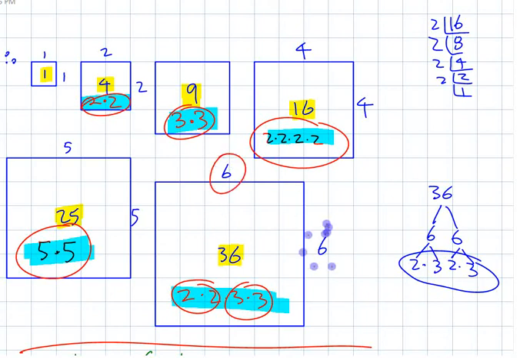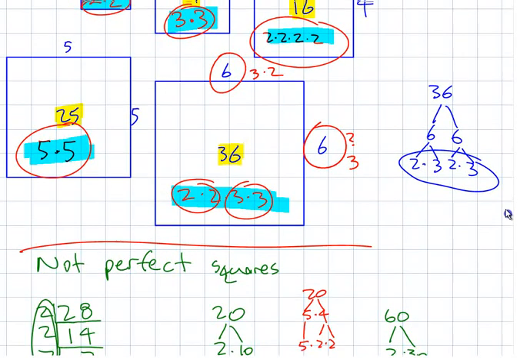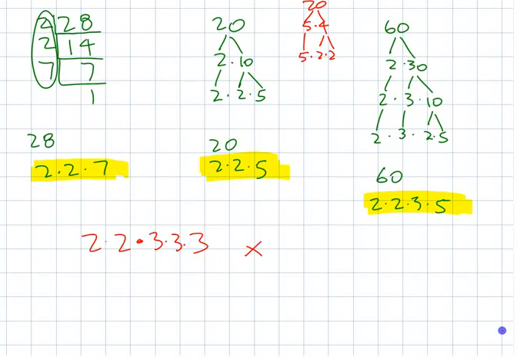Because you notice how this is 6 times 6? Each of those 6s has a 3 in it, and it has a 2 in it. Does that make sense? Because if you take the factors and regroup them, as long as you have them in pairs, even numbers, you can split them up equally, right? So let's take your case of 2 2s and 3 3s here. If we were going to make a square here,